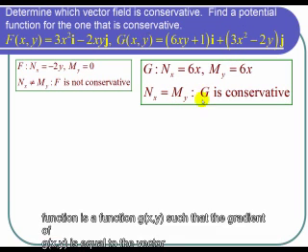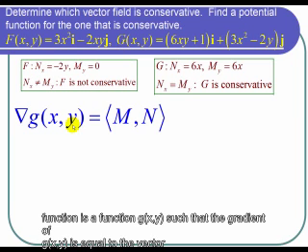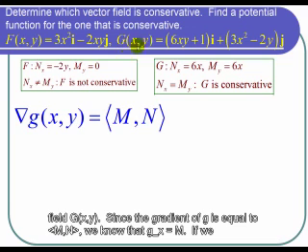So now that we know that G is conservative, we need to find a potential function for G. So a potential function is a function little g of x,y such that the gradient of g of x,y is equal to the vector field capital G. So since the gradient of g is equal to M comma N, we know that little g sub x is